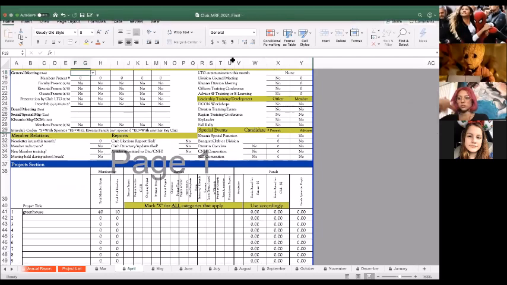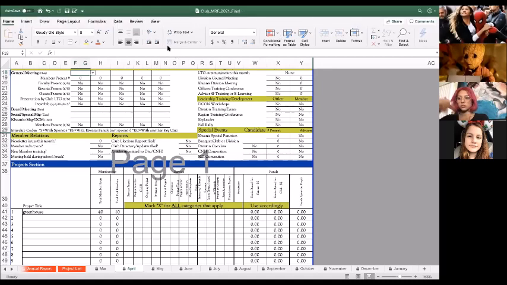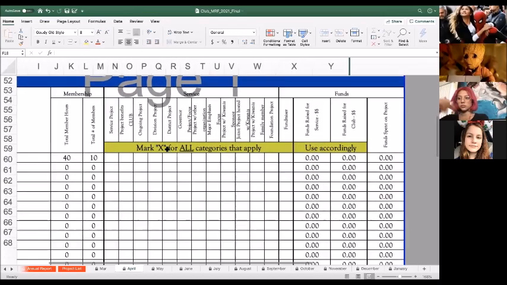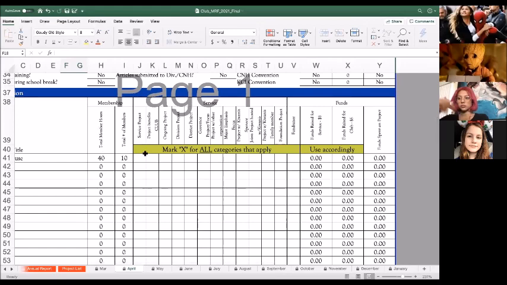Here is where you're going to list the service projects and events that your club has done in that month. You're going to put the name of that event and how many members were there and how many total accumulative hours your members have done in that event.